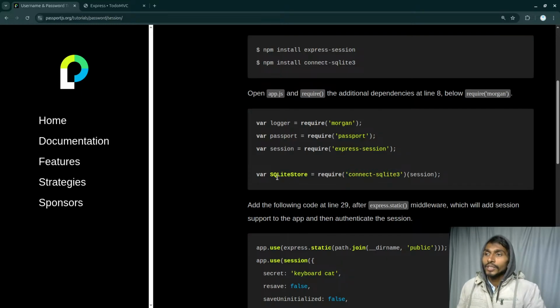Again, from here you will actually get the store. You can directly create the store, or you can get the store. Suppose you are using MongoDB, so you will be getting the store from the Mongoose side. Over here, suppose I'm using SQLite 3, so I'm using its store. It's completely optional, the way you want, and then you just have to give this session to this particular thing. So ultimately you will get this store.